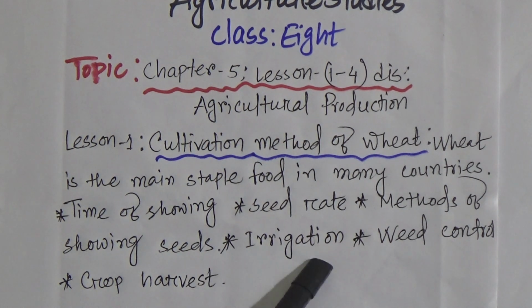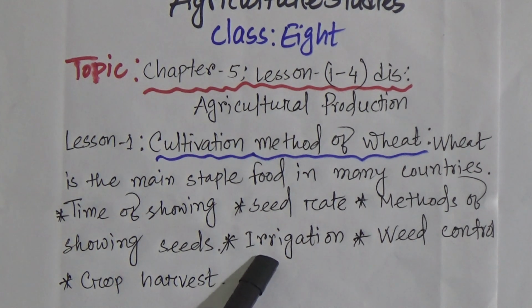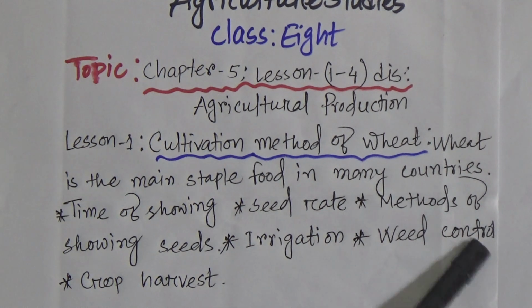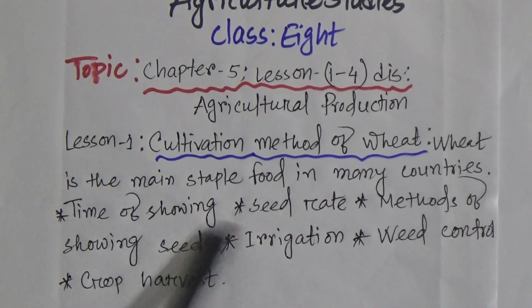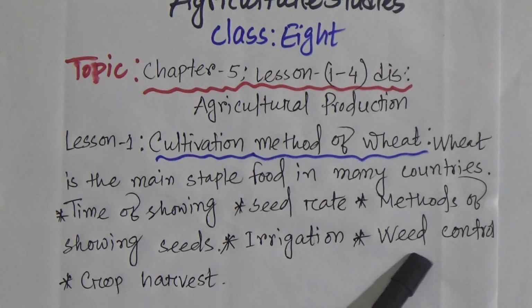Irrigation. In the case of wheat, farmers need to apply irrigation 2 or 3 times. Weed control. Farmers need to control the weeds in the field. Then the farmer will harvest the crop. Okay. Then lesson 2,